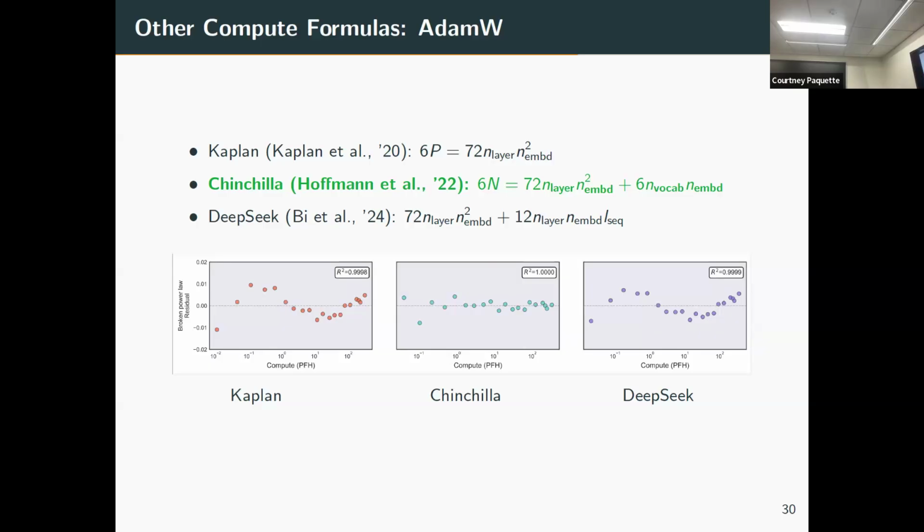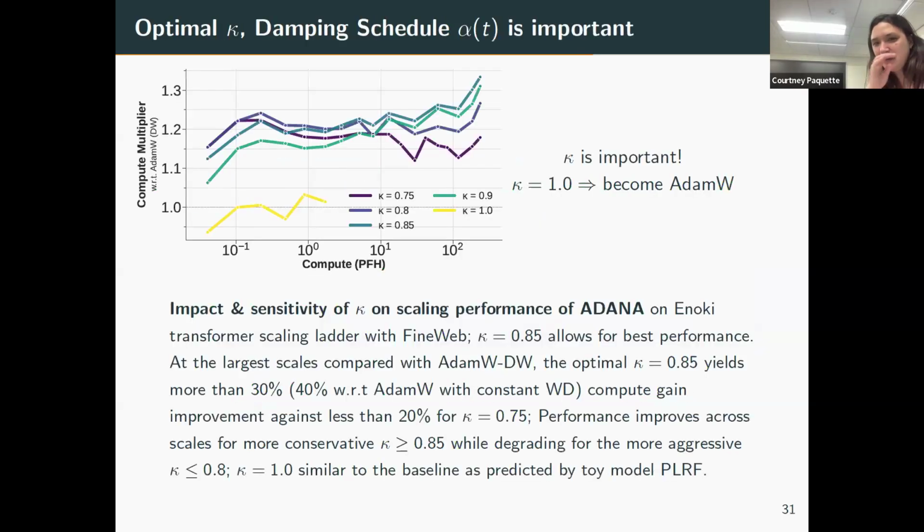We also ran it, of course, on Chinchilla Optimal. So we were running it on the Chinchilla Optimal theme, so that might be why this is better, but still it's kind of unusual. Those compute formulas don't hold. I'm probably running out of time. Sorry, guys. But you asked about kappa.